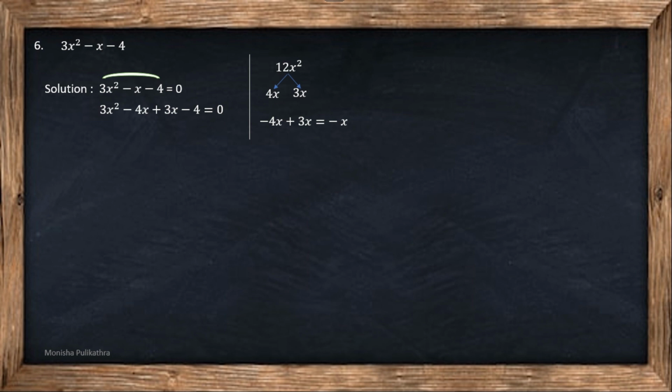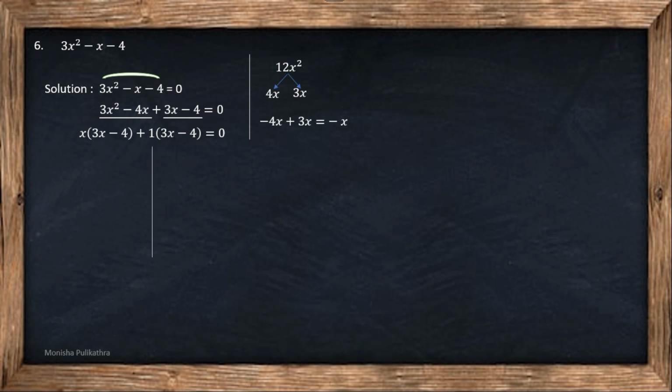Next what we have to do? We have to take out the common factor. In 3x square minus 4x, there is no common number factor here, but x is a variable and a common factor. You just take x as a common factor, and in the next, 3x minus 4, again there is no common factor. If there is no common factor, you have to keep it in your mind, you can take the universal common factor, that is 1. So if you take x common, the remaining will be 3x minus 4. And if you take 1 common, you will get 3x minus 4. It is satisfying another condition, that is, the terms in both the brackets are same.